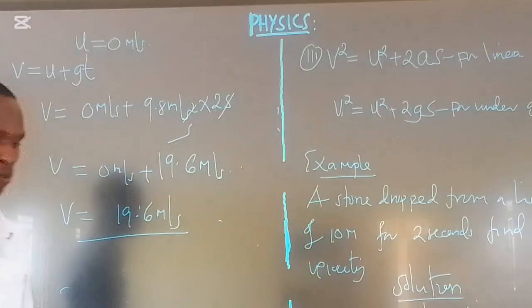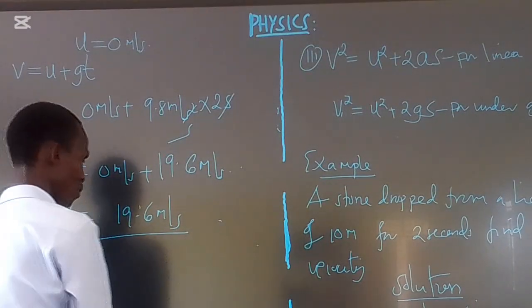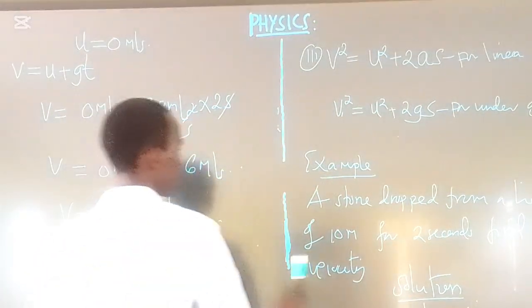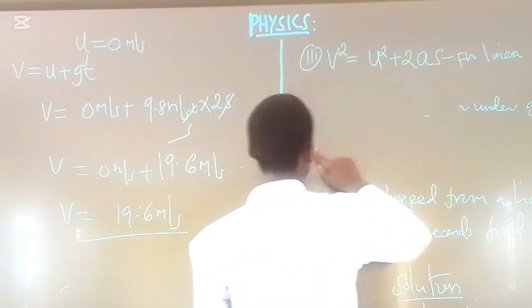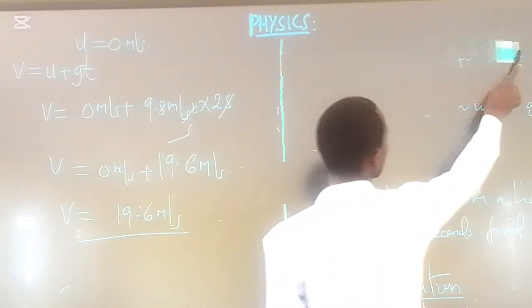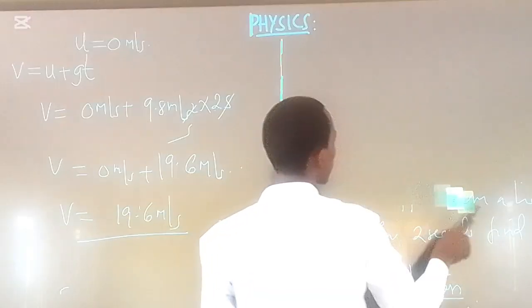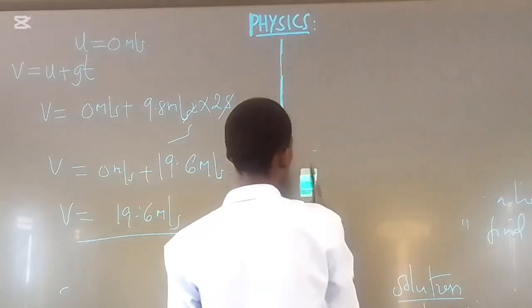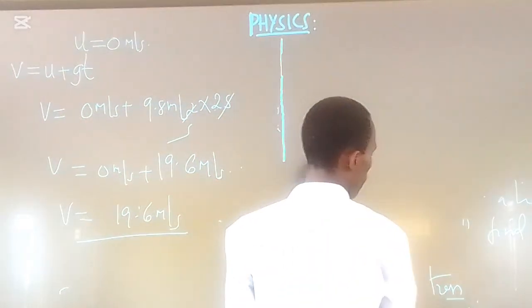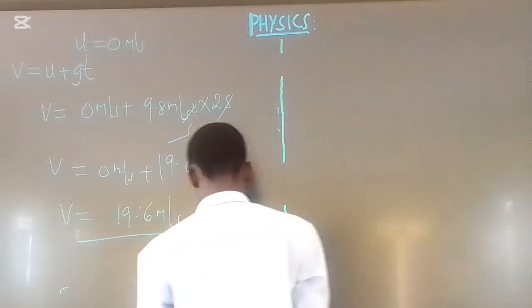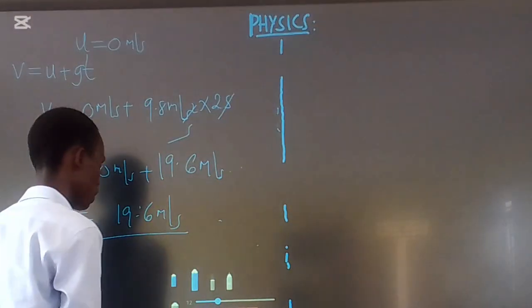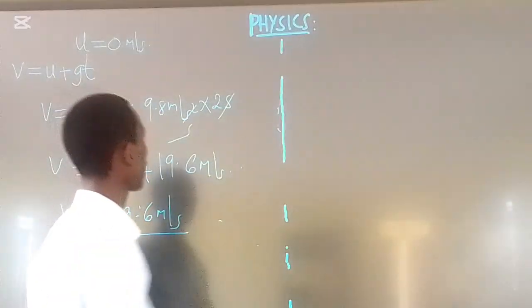Let's go to the body moving upward. How can we solve for an object moving upward under the influence of gravity? For the body moving upward,